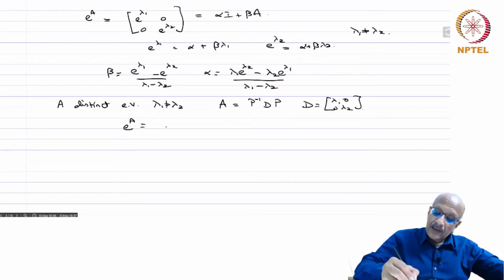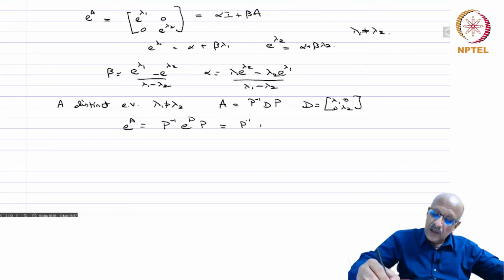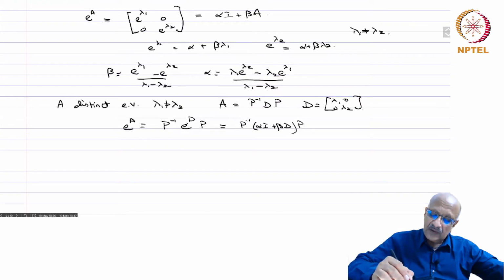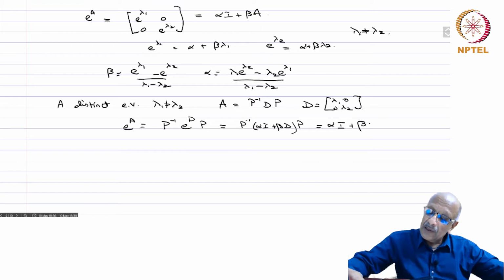Then e power A is nothing but, if you do the calculation, P inverse e power D P, and that is equal to P inverse (alpha I plus beta D) times P. Because when you take a square, it is P inverse D P, P inverse D P, the P inverse P will cancel, and you will get P inverse D square P. Similarly, A cubed, A power 4 and so on, and therefore e power A is nothing but P inverse e power D P, and that is equal to alpha times identity plus beta times P inverse D P,